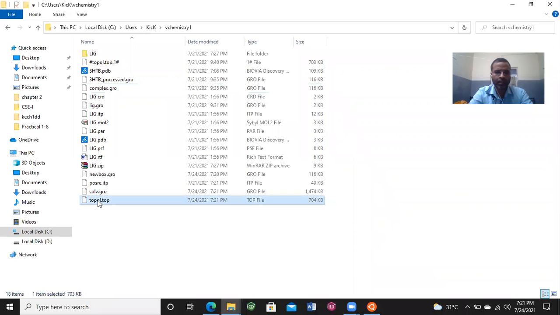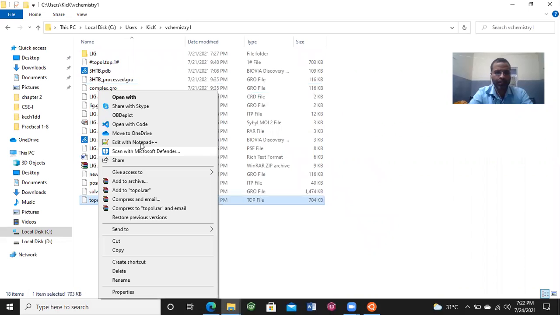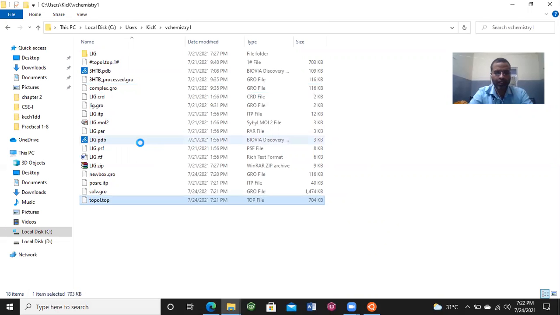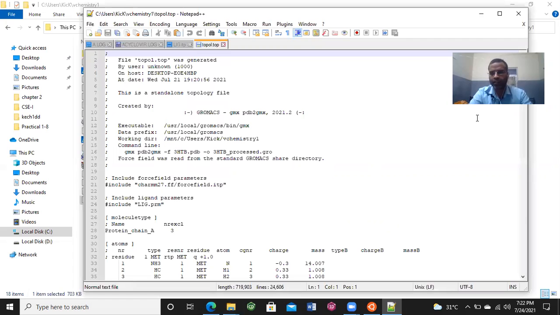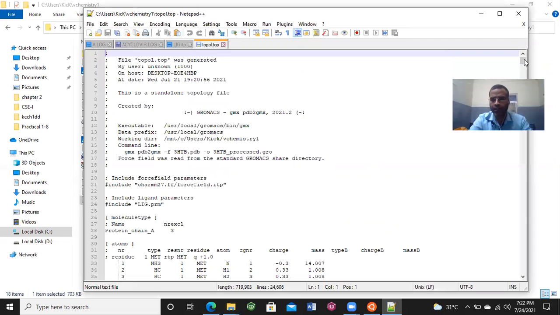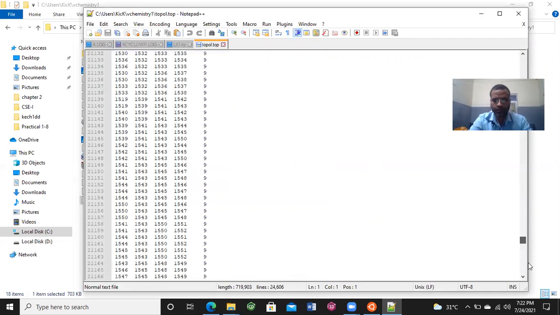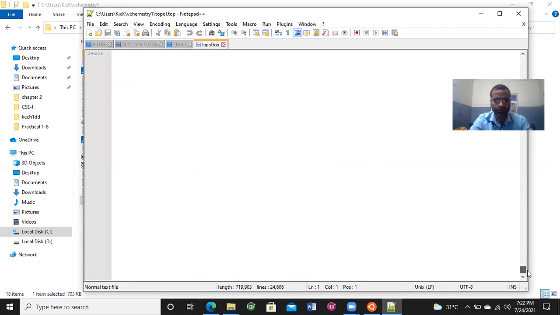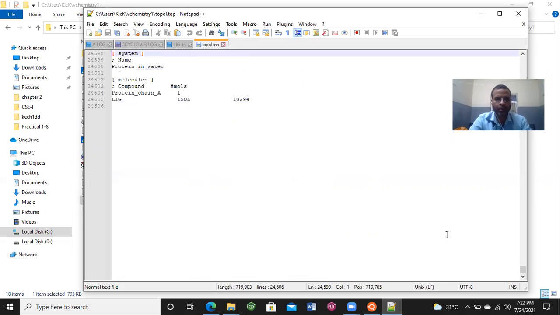Just go to topol.top and right click on it, open with Notepad, and go downside. You find that there is a mistake here. This line should be below. So just place an enter and save it.